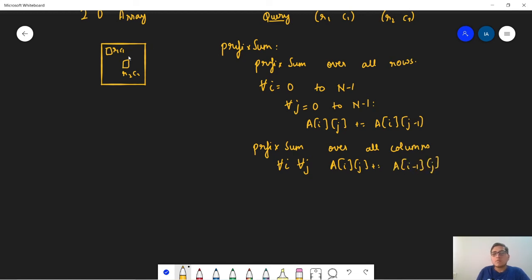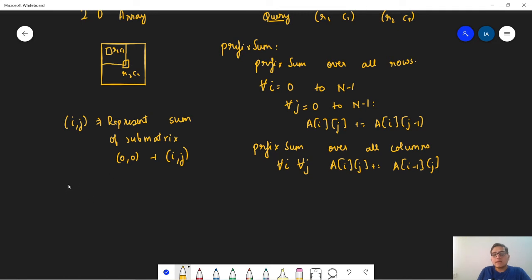So now when we do this, any cell i comma j represents the sum of the submatrix represented by 0 comma 0 to the cell i comma j. So this R2 comma C2 will represent the sum of this whole submatrix.